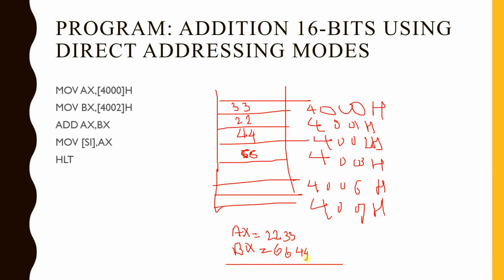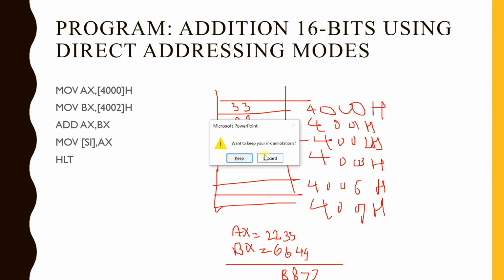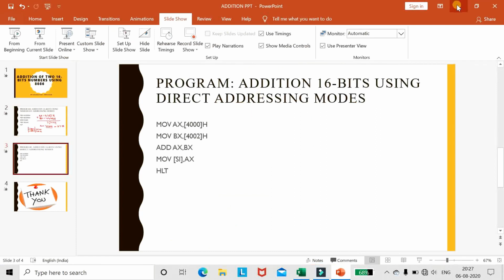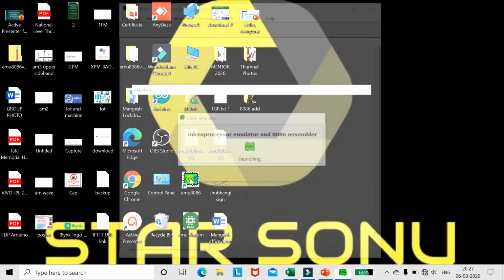Perform addition of these two numbers. That is what we are getting here, the operation of these numbers. So 22 is a higher byte, 66 is a higher byte. So for the operation of these numbers we are getting the result 7788. Any numbers you can take, just a sample I have taken. So now we will do this coding. Okay, and at the end we have a halt instruction to stop your program. So we will stop. Okay, we will start with the emulator.